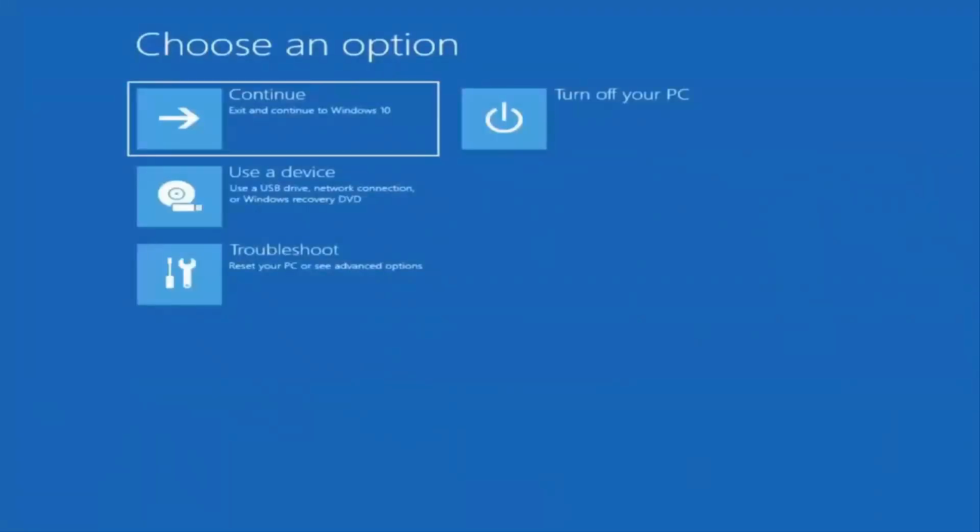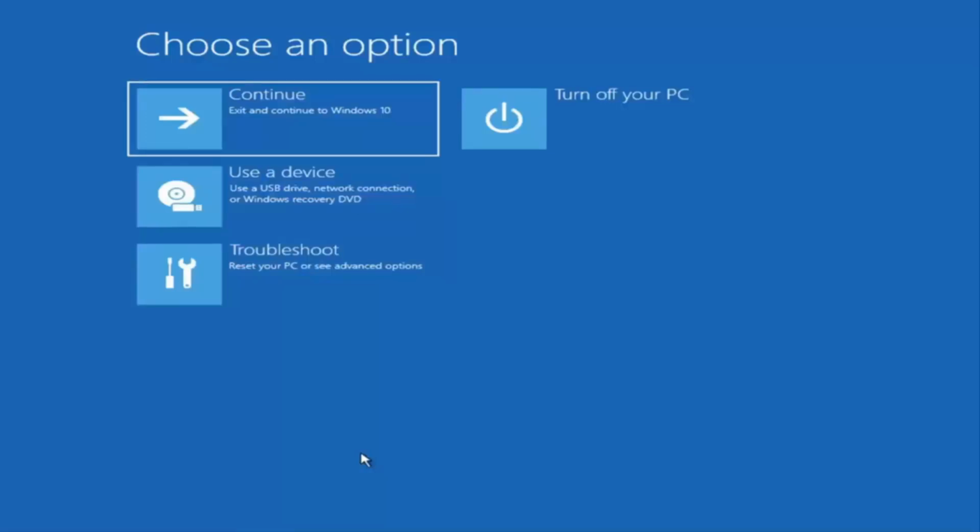First thing I'd recommend doing would be to boot to the troubleshooting utility on Windows 11. If you do a hard power off 3 times in a row, Windows should automatically attempt to launch the startup repair utility. And if it doesn't find anything, it will give you the option to select advanced settings, in which case it would take you to a screen that looks like this. Now, if it does not take you to a screen that looks like this, or you're unable to get to that,